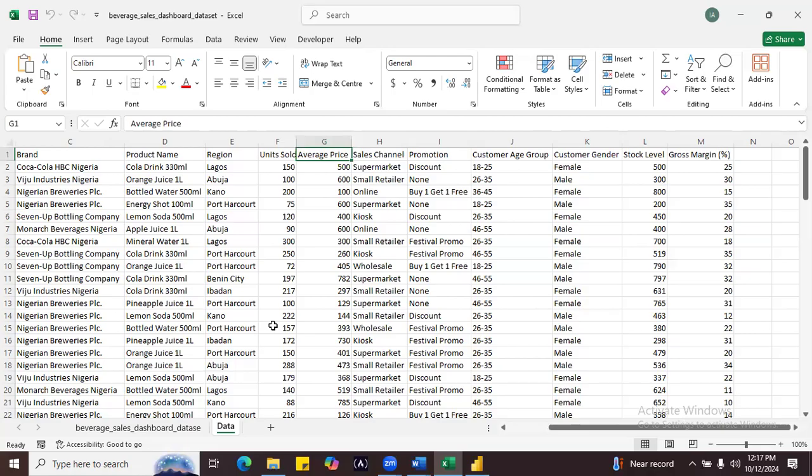But there are certain levels of transformation that should go into the data. For instance,